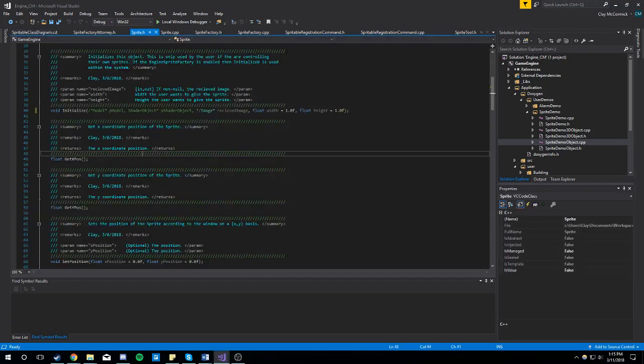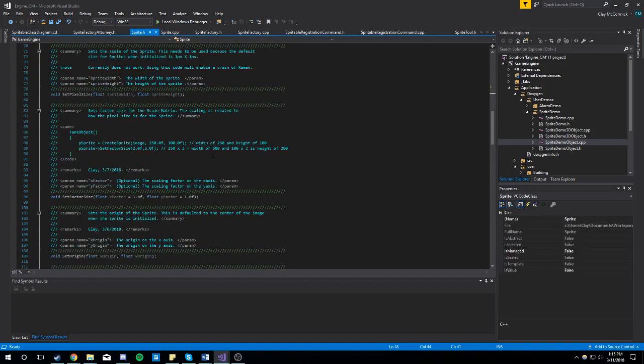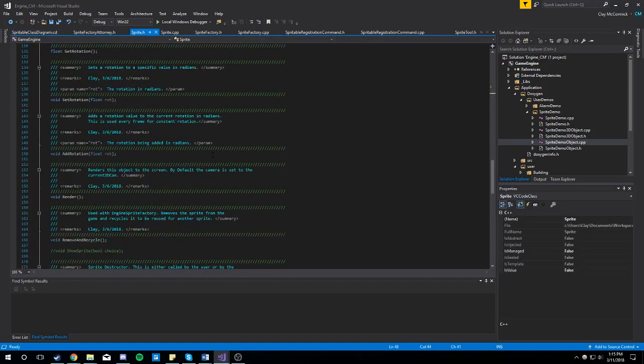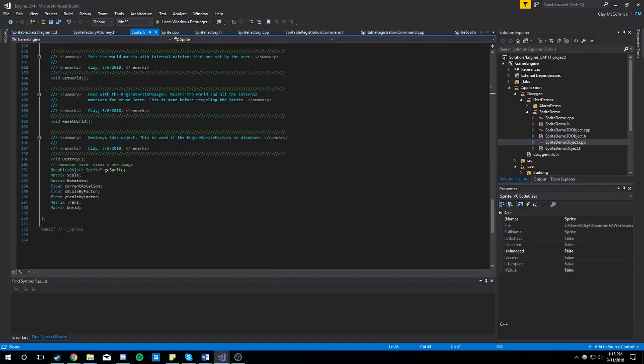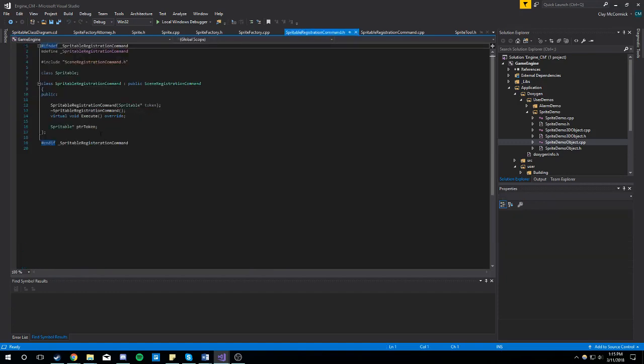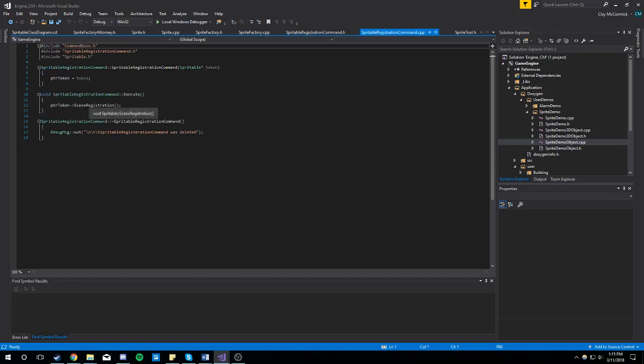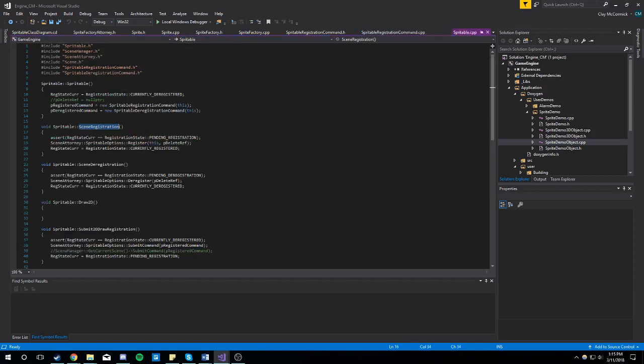But this is the header for the sprite. Start from the top. So basically this is how drawable is set up also. So you go and send registration when you submit for registration to use sprites. Submit registration, and when it executes you do scene registration. And for that it's literally the same old, but we have the reference here. And then if we go into